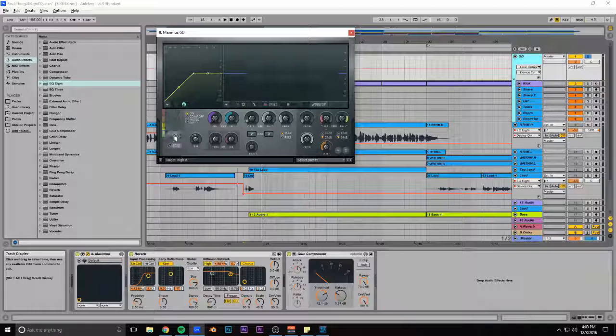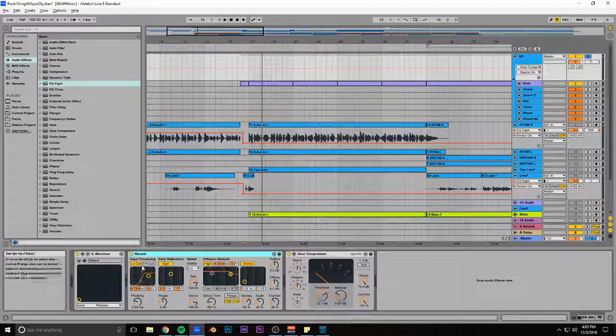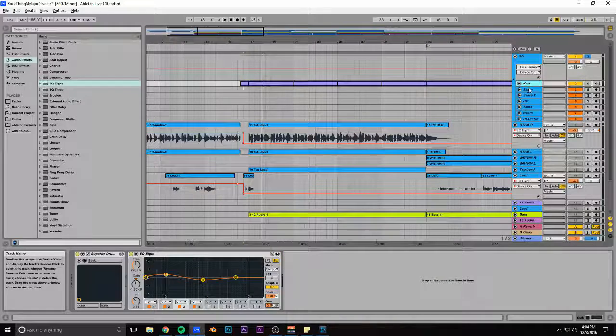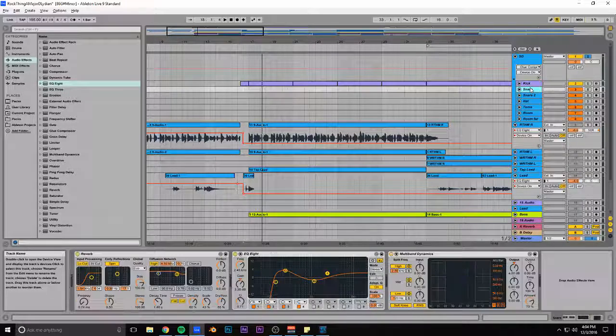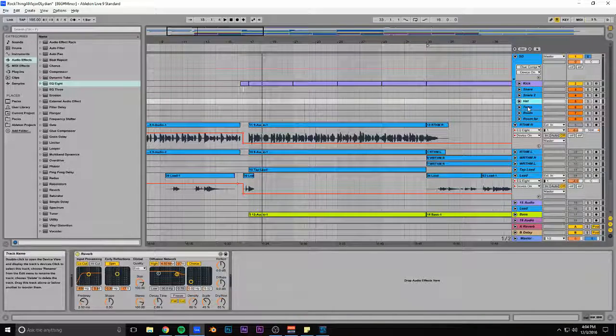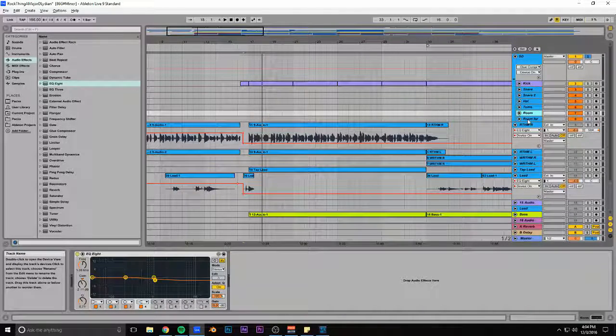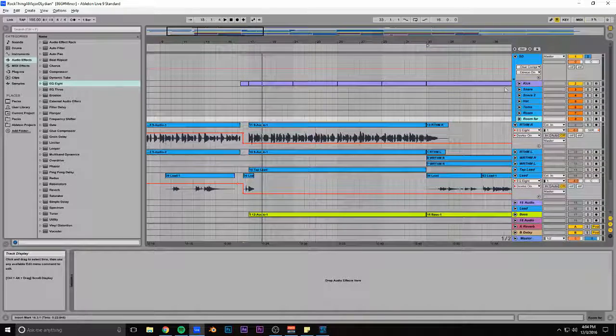I've got a little bit of compression, a little bit of reverb with a low cut, a kick drum, and a glue compressor. And then on the kick, a bit of an EQ, a snare, reverb, EQ, compressor, just reverb and EQs in various places. Nothing too crazy, but